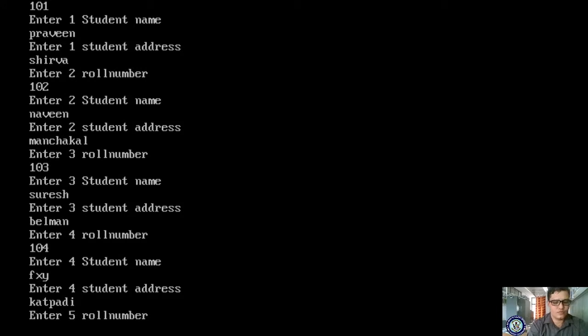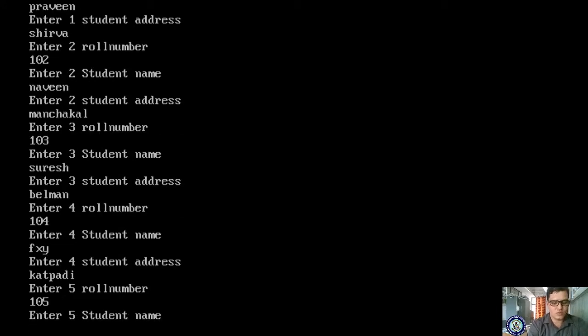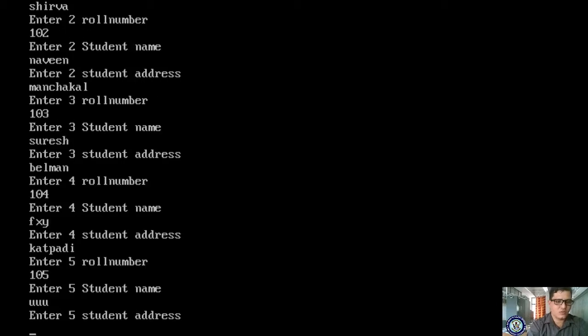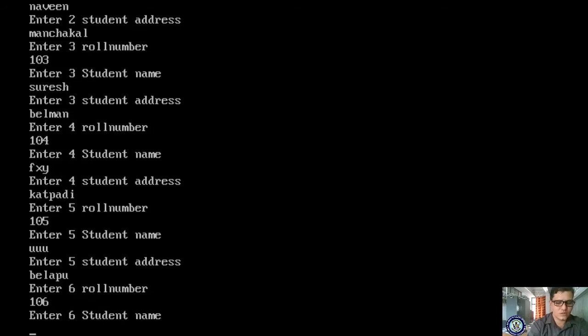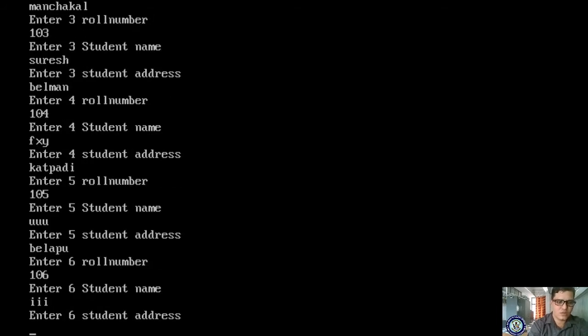Okay, fifth student name and address is some Belapur, and 106 student name and student address is Mallar.